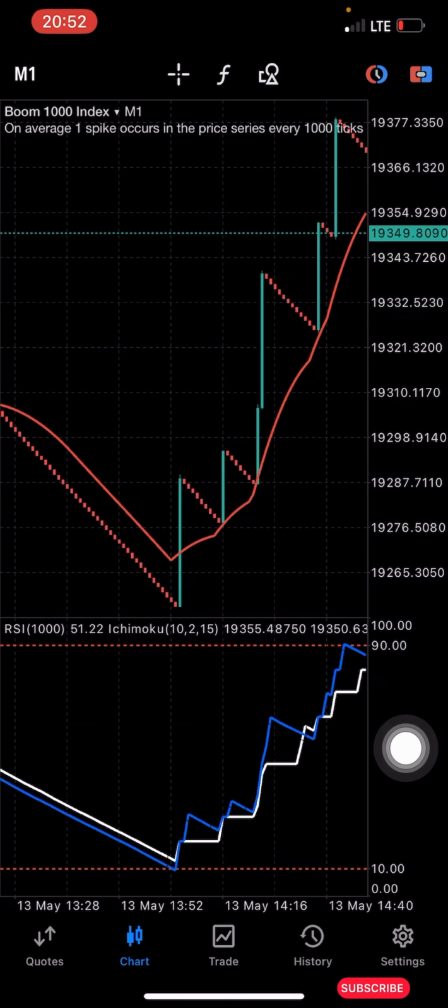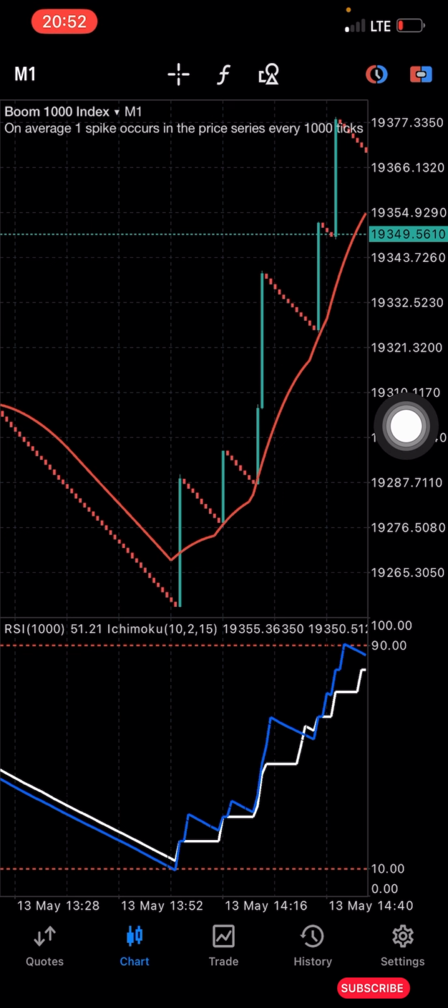Right, so once you have set everything correctly as I've just explained here, you are going to have a setting like this on your chart also. Okay, now